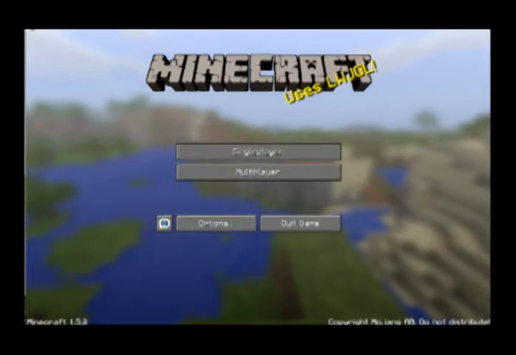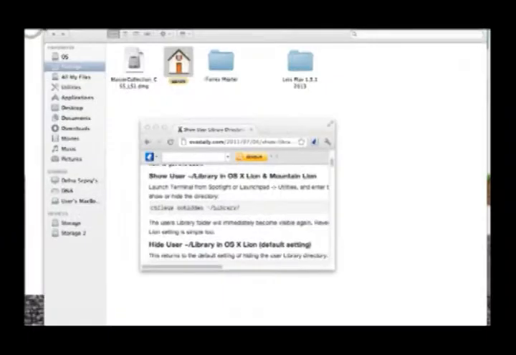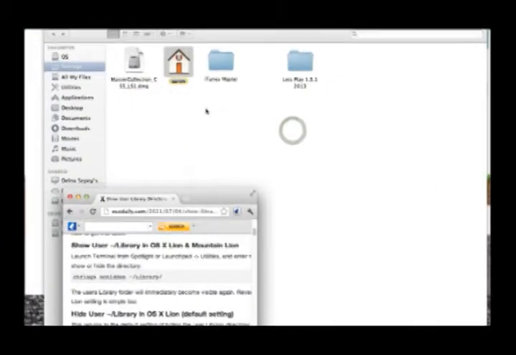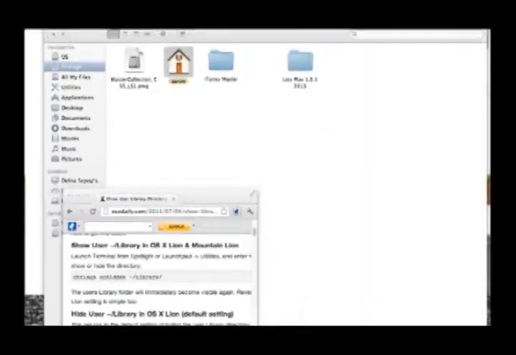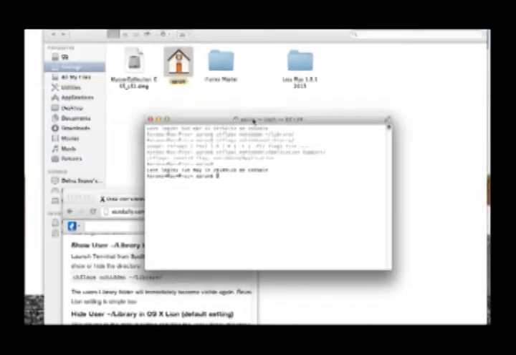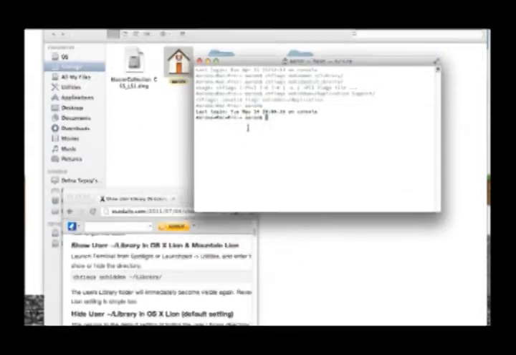So I am on Mac, and I am running Lion. So what we're going to have to do is find our file. And for anybody else who is running Lion, when you look for your library file, which will be in your home folder, it's not going to show up. So in order to find your library file on Mac OS X Lion and sooner, you're going to have to go into your terminal. And then once you're in your terminal, you're going to want to type this in: